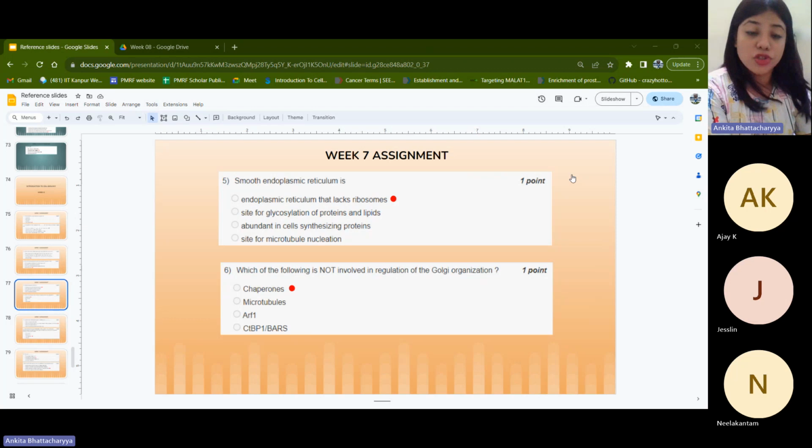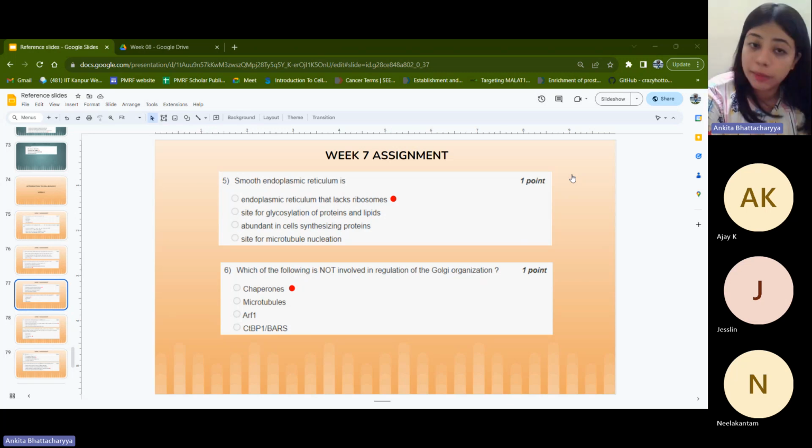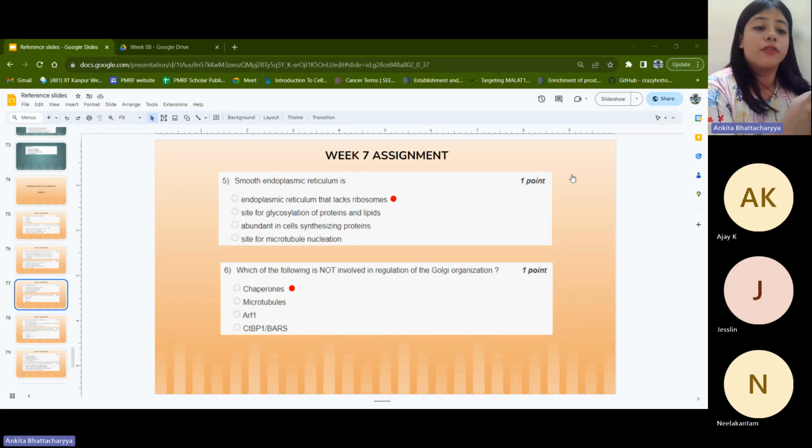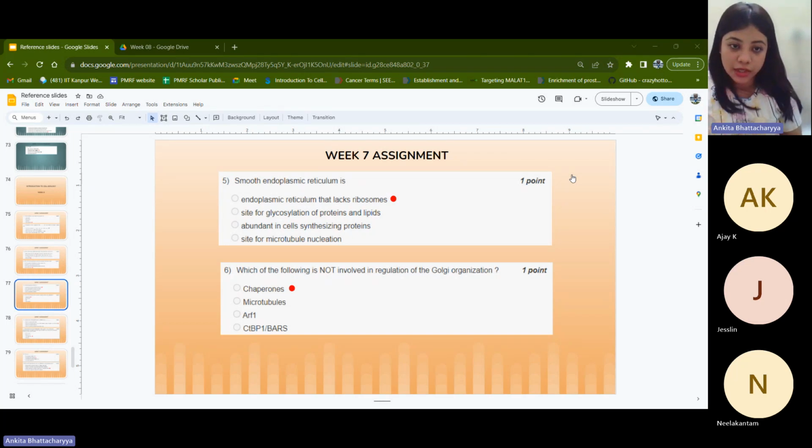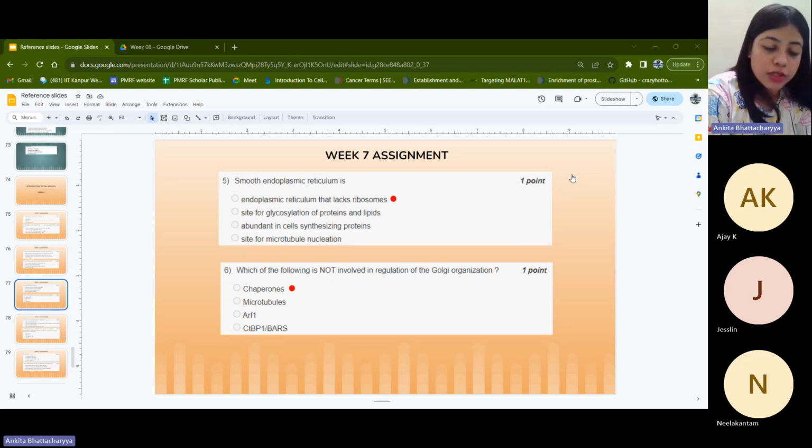So that is the function of the rough endoplasmic reticulum, to provide the ribosome, which will allow that to take place. But that is not the only place where ribosomes are present. They are present in the cytosol as well. A large part of the mRNA being synthesized is actually bound by the cytoplasmic ribosome, and that ribosome comes onto the ER, sits on the translocon, and allows that mRNA to be translated, and the synthesized polypeptide to enter into the ER. That is how that function is taken care of.